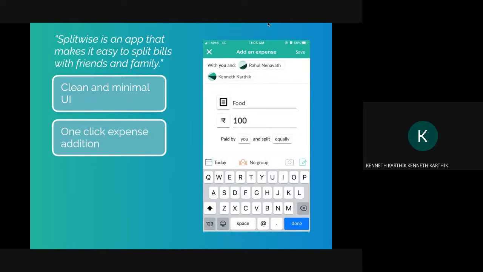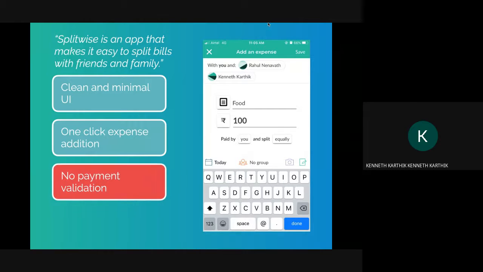They had a very clean, minimal UI, and adding and removing stuff was very easy. But the problem with that application was that you could just say that you've paid. It didn't matter. There was no actual way of verifying, since it was not tied into any payment model, at least at the time.